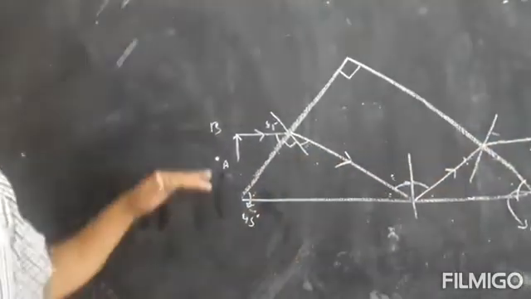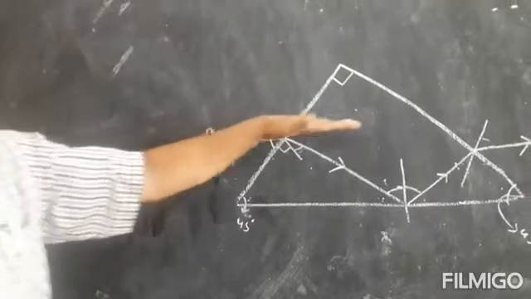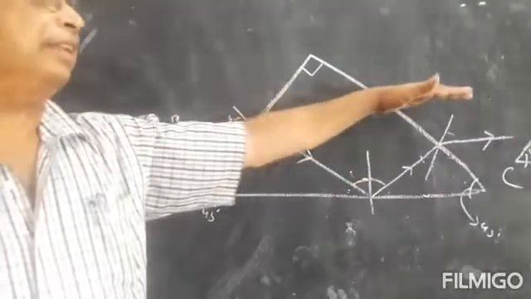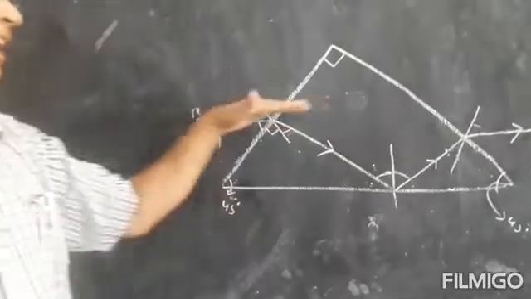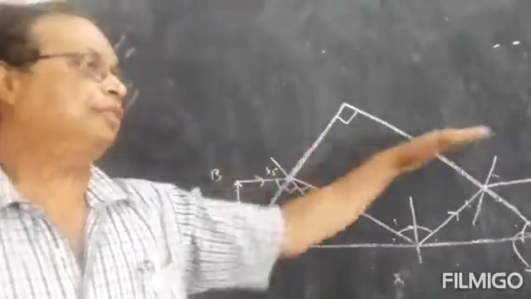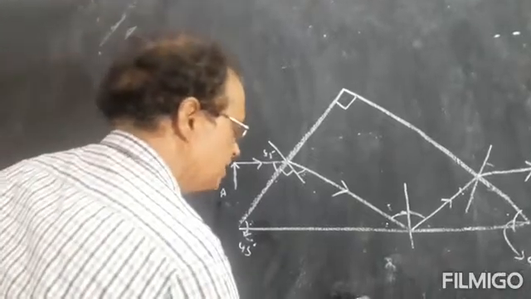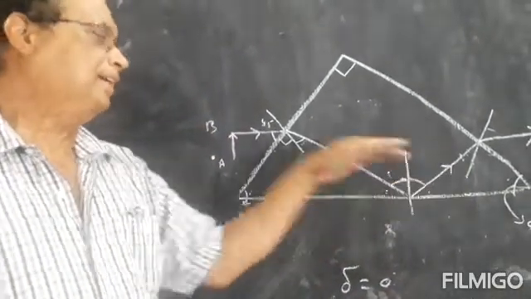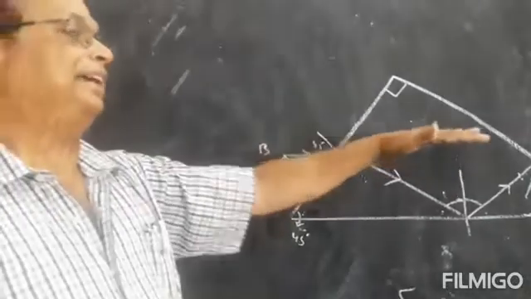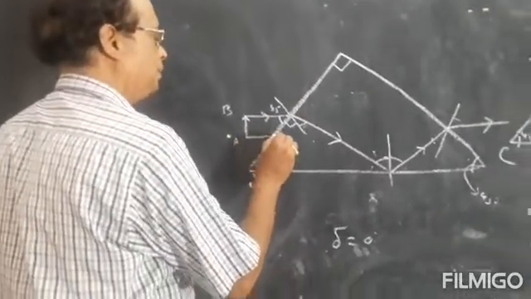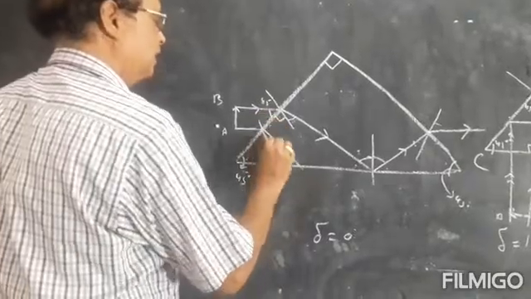Now what is the angle of deviation here? This is the initial path and the final path is also same. So there is no deviation of light. Initial and final path is same in the same direction. So there is no deviation. Deviation is 0 degree here. But there is displacement of light, lateral displacement, sideways displacement.